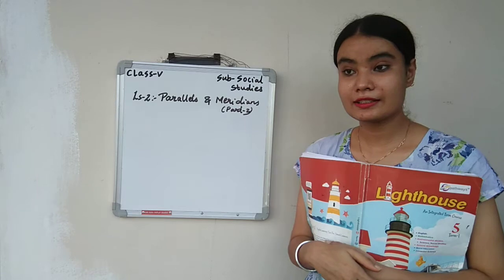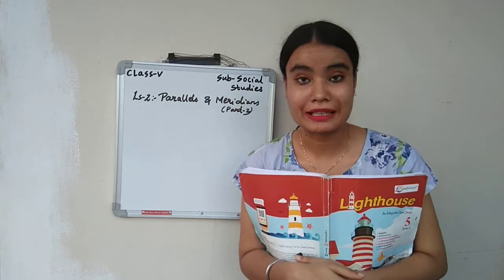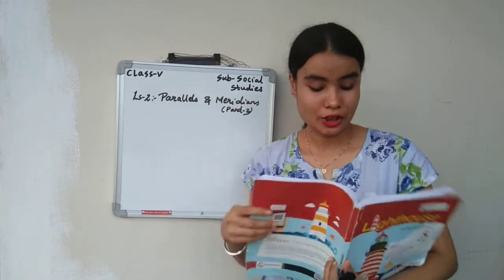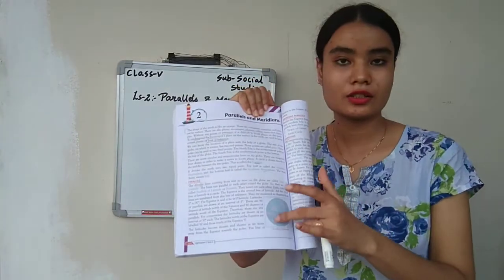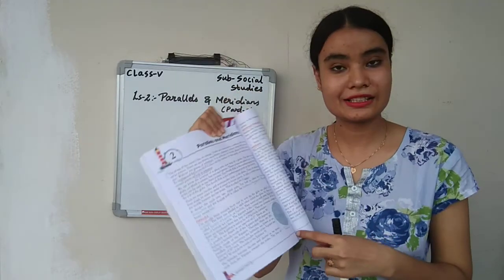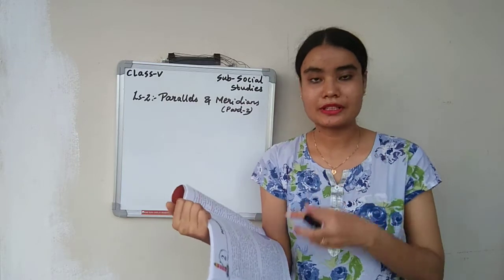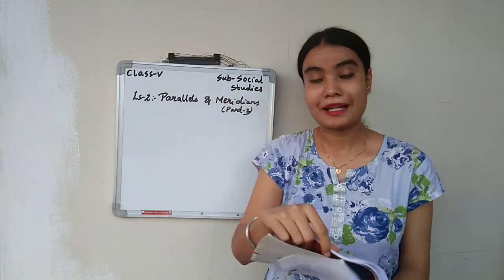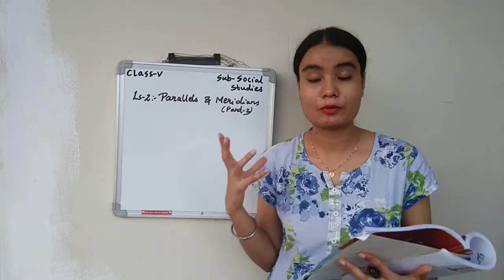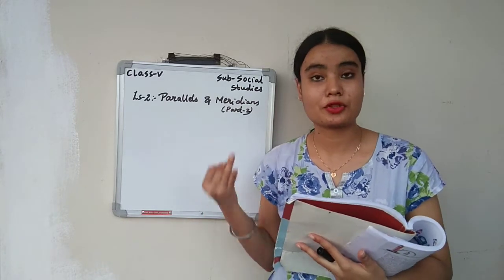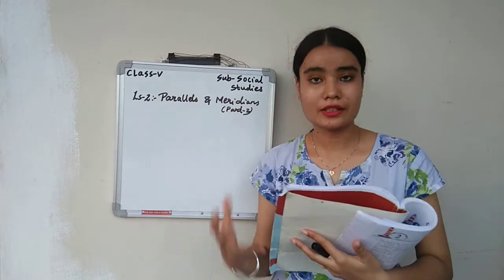So before starting, let us discuss what we have learned in part 1. Yes, in part 1 we have learned about parallel lines, and how the parallel lines are drawn. You can see over here, this is how the parallel lines are drawn. They never intersect each other. There is an interval of 10 degrees each. And how many parallel lines are there? They are divided by special names. And what are those special names? Tropic of Cancer, Tropic of Capricorn, Arctic Circle, Antarctic Circle, and the middle one is the equator.